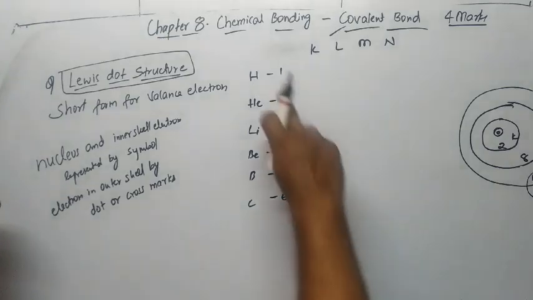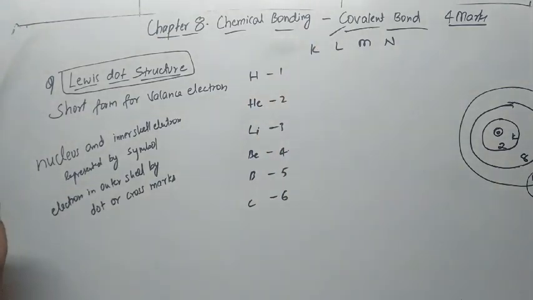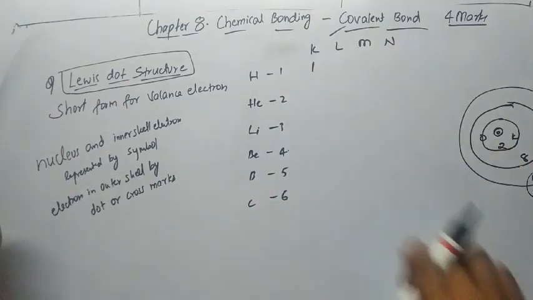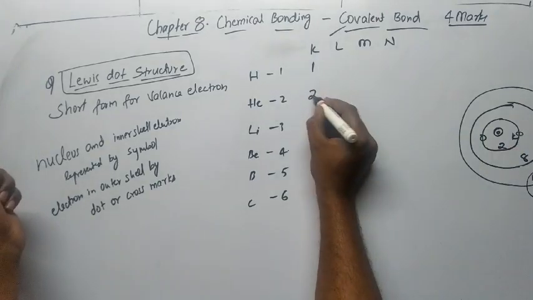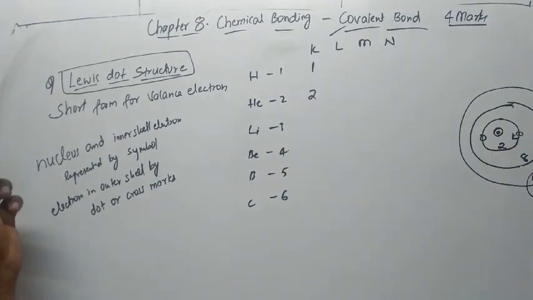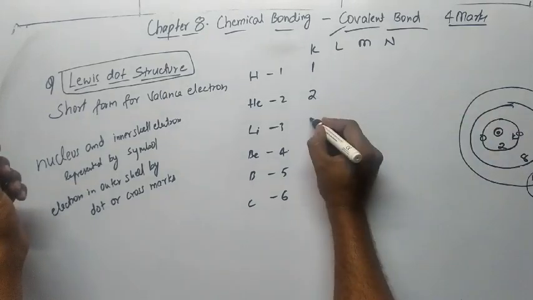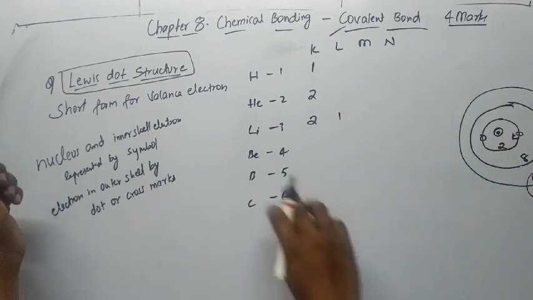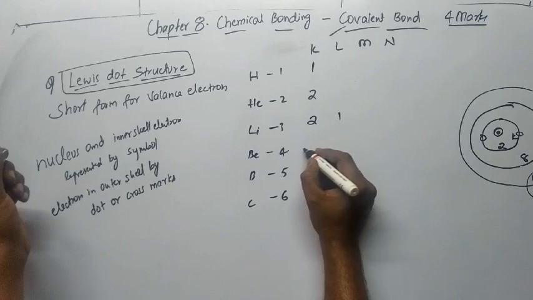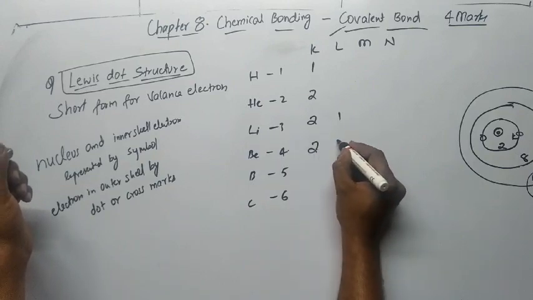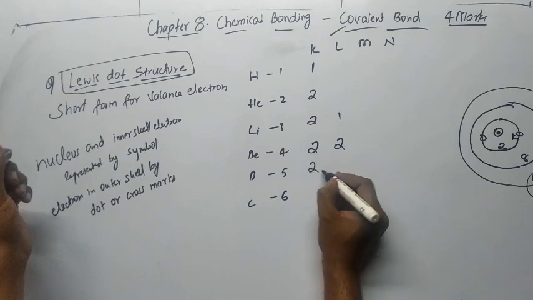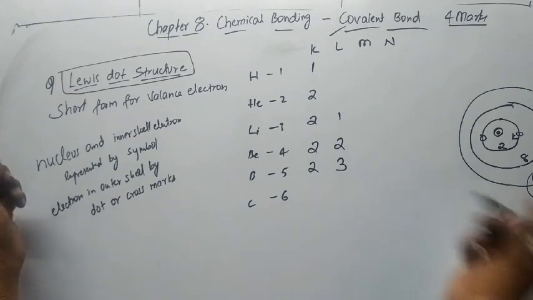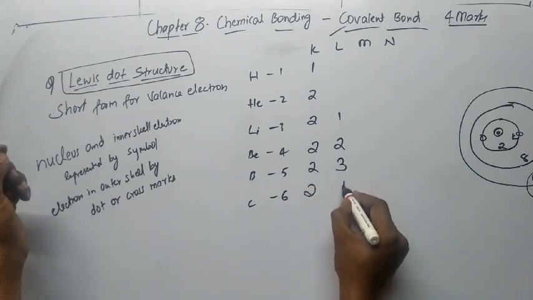Okay, so in hydrogen atomic number is 1, so it means that it has 1 electron, so 1 electron will be filled in only K. So in the K shell we have 1 electron. Helium, it has 2 electrons, so in the K shell we have 2 electrons. So in lithium atomic number is 3, so it has 2 electrons in the K shell, and third electron will enter into the new shell, which is nothing but L. Next, beryllium has 4 electrons, so it means 2 in first and remaining 2 in the second. 5, so first 2 electrons in the first shell, and next 3 electrons will enter into the L shell. So 6, we can say 2 comma 4.